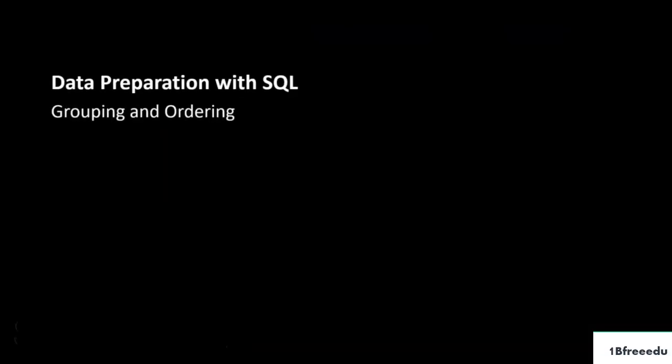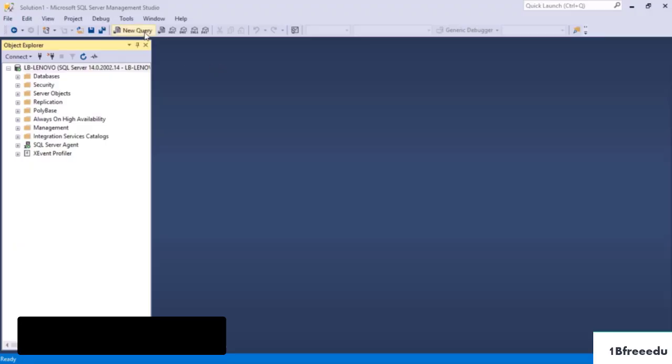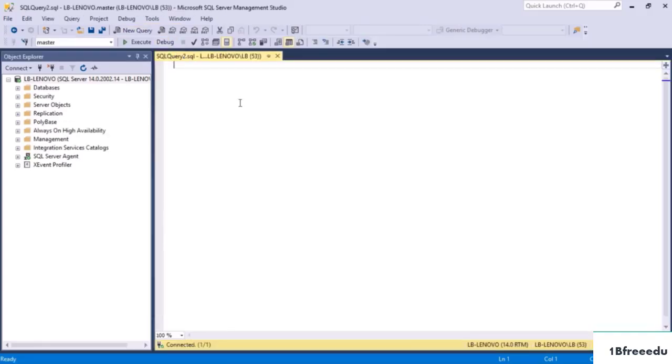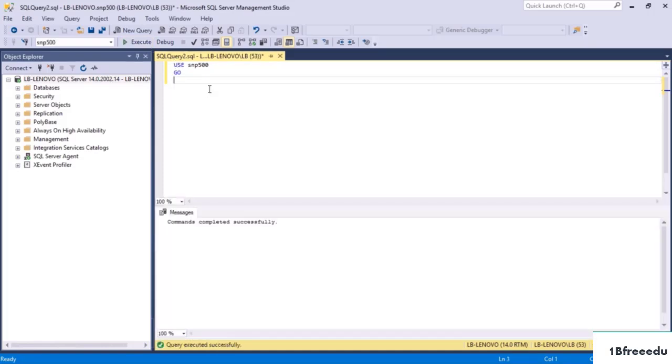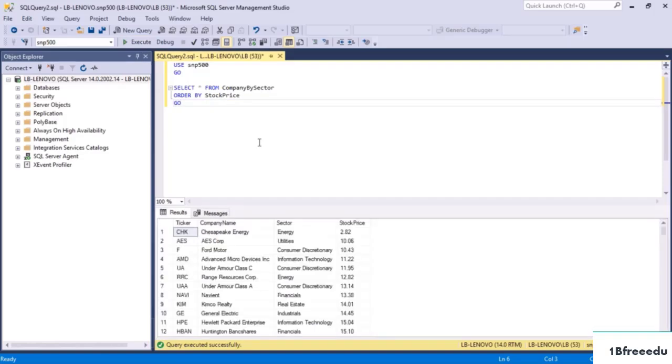Grouping and ordering. Grouping and ordering data sets is very easy with SQL. Let's see how this can be done on the examples. With the clause order by stock price, we can order the results by the stock price in ascending order. If we want to be explicit, which is always recommended, we can add a keyword ASC to indicate the sorting